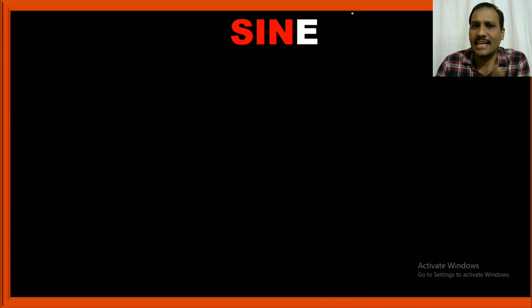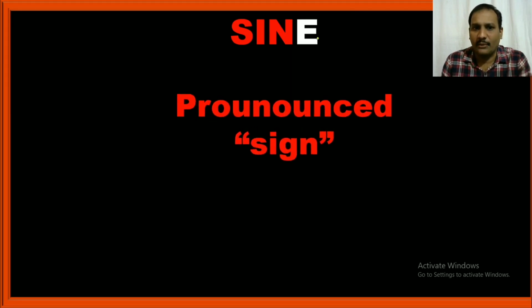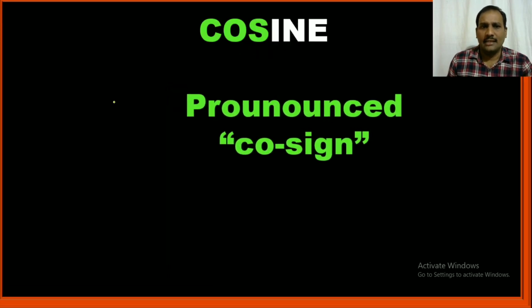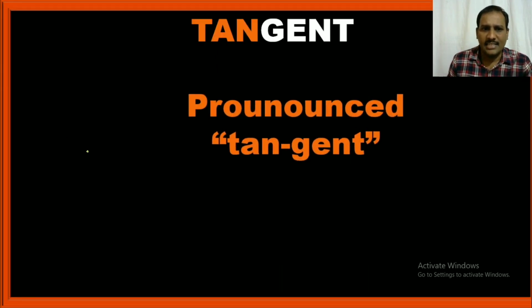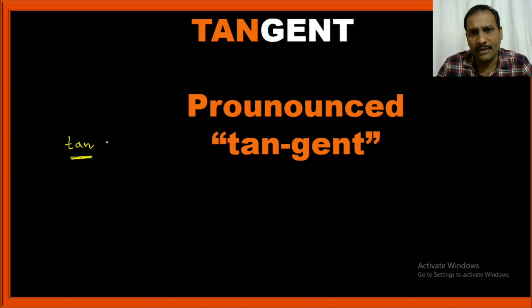So this is called sine, we read it as sine, and we write it as just SIN. The next one is cosine, and we write it simply as COS. The next one is tangent, and we call it tan, written as TAN. Just now, whatever ratios we got, the constant ratios from the previous activity, let us take that.